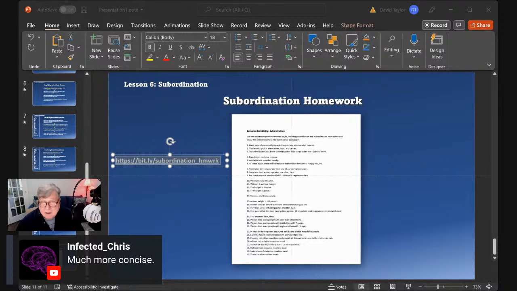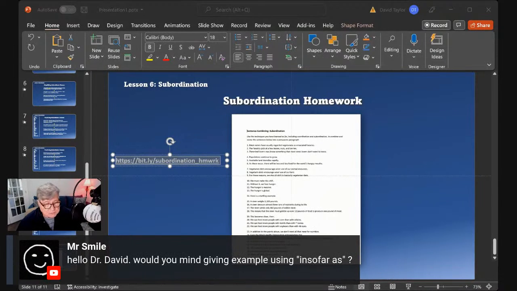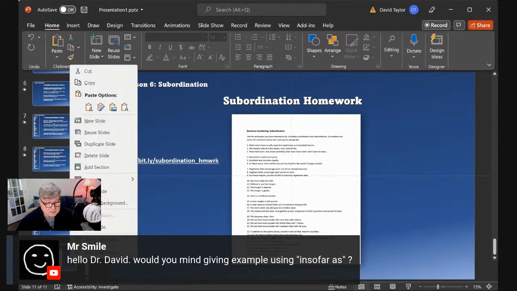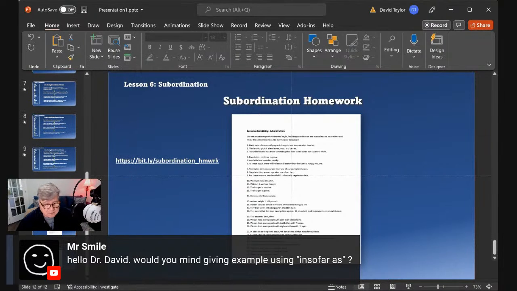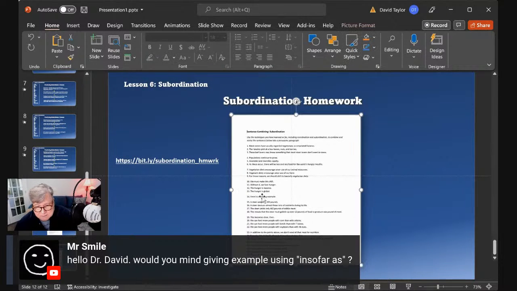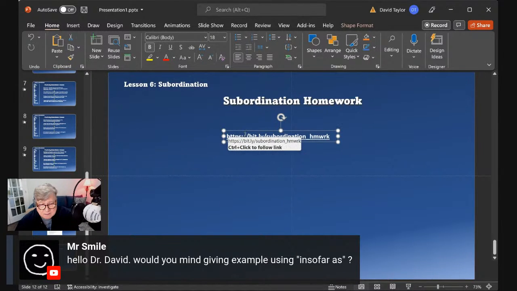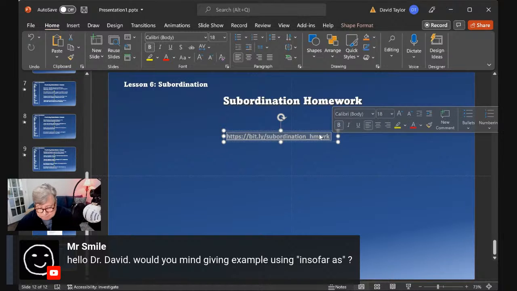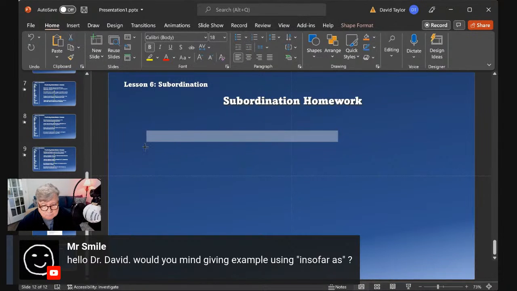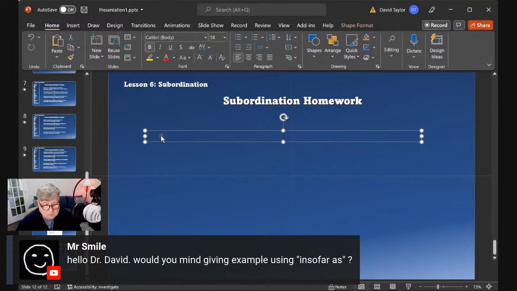Okay, Mr. Smile. Hi, Mr. Smile. Mr. Smile's question is, insofar as, sure, absolutely. Insofar as is a subordinate conjunction that shows degree. Let me duplicate this slide. I'll bring this over as my text box. And I would go something like, insofar as